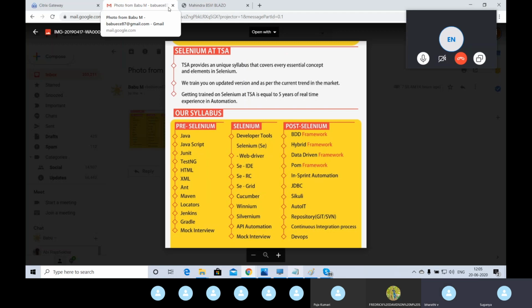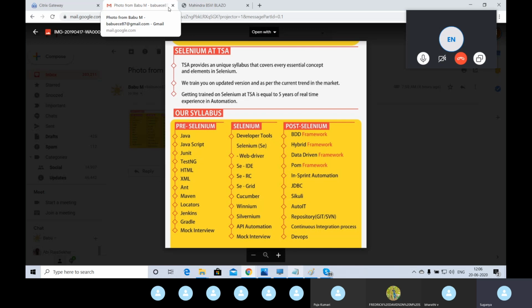Yeah. If you don't mind, can you explain AutoIT once again? Yeah, sure. See, suppose in our automation, I want to automate any window-based application. Window-based application means your OS application, whatever application operates in your OS. Let's say Notepad, if I want to write anything in Notepad in my automation, or if you want to automate a calculator, or open WordPad, or any window-based application. For that case, you can use AutoIT.